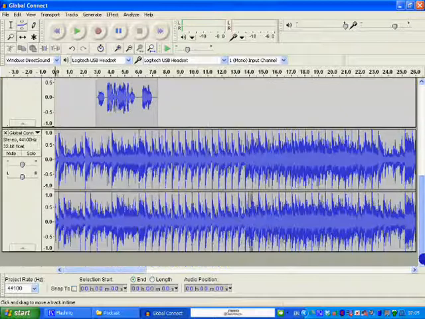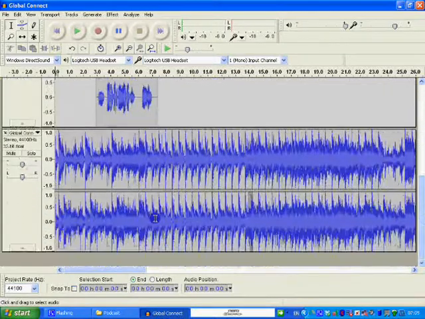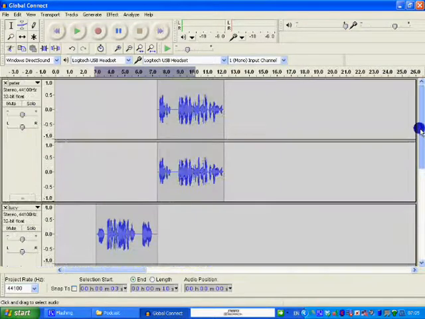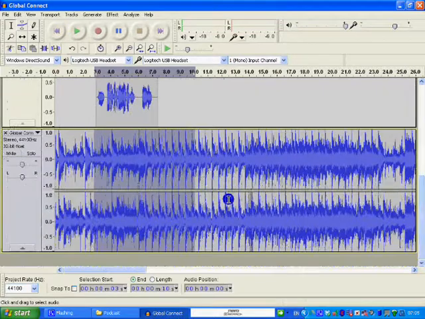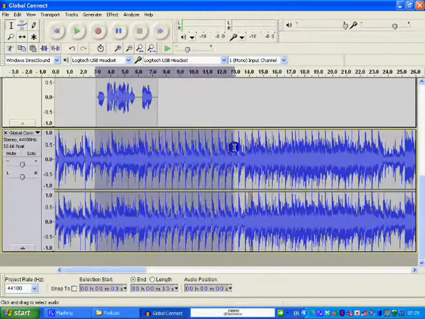Okay, so while Peter and Lucy's narration is going on, the backing track does not need to be so loud. So actually, I'm just going to look and see where Peter's ends, just over 12 and a half. So I'm going to highlight the section of the backing track that I want to alter, about there, and effect